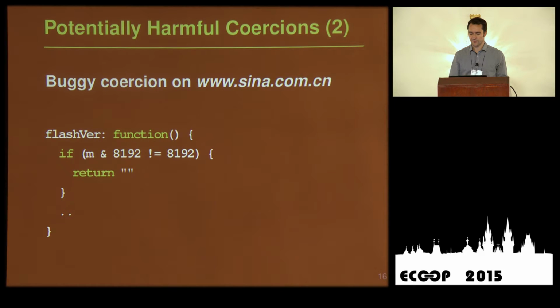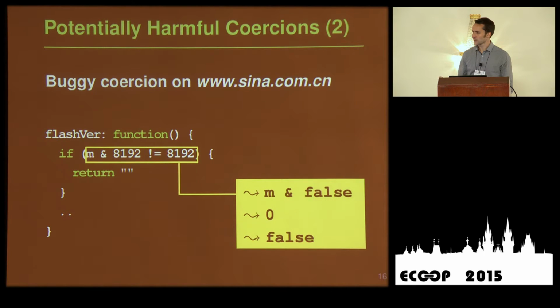Let's look at the one bug. So we found this on a Chinese news site that encodes the fact that you have a particular version of the Flash player installed in your browser as a bit pattern in a variable called m. And then it wants to use that code to check whether a particular bit pattern is in this value m. And I guess the developers assumed that the bitwise AND has precedence over equality, but this is not true. It's actually equality has precedence over bitwise AND, which means that this code always compares m to false, which means this check is always false, and it just cannot be true.